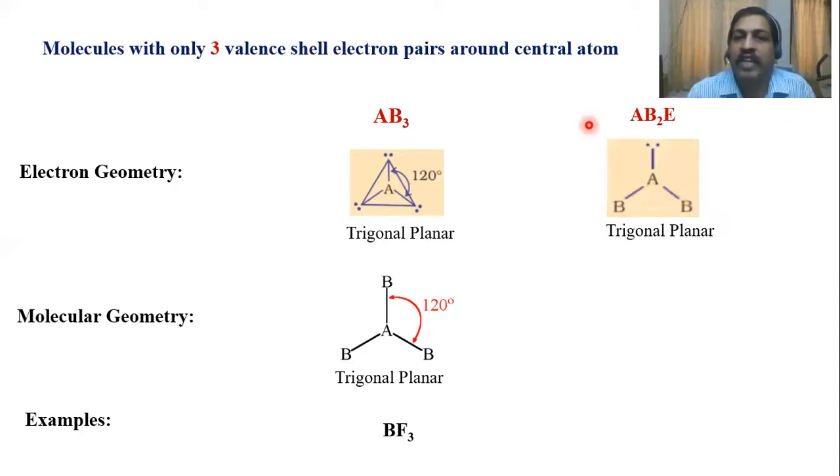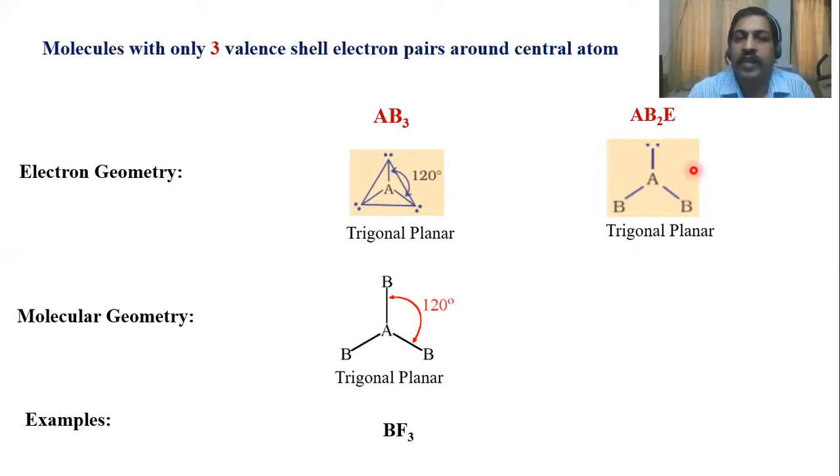For a given number of valence electron pairs around the central atom, the electron geometry is fixed. When the number of valence electron pairs is 3, electron geometry is trigonal planar. Whether it is AB3 type or AB2E type, electron geometry will be the same. It is trigonal planar. In AB2E type molecule, there is one lone electron pair and there are two bond electron pairs. So one corner of the triangle is occupied by the lone electron pair and the remaining positions are occupied by the bond electron pairs. So this is the electron geometry of AB2E type of